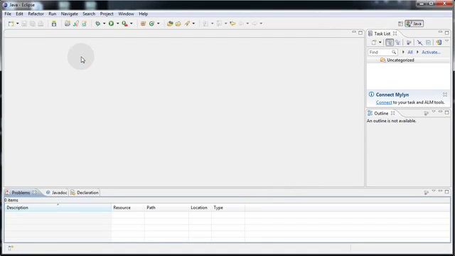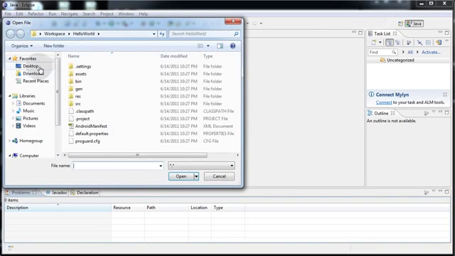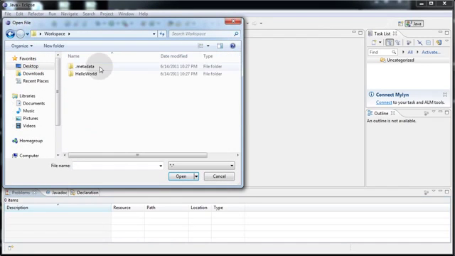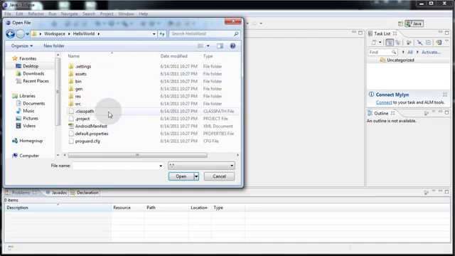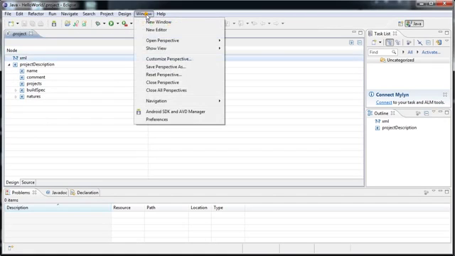Now at any point, if you happen to close Eclipse, or you close that little welcome tab with the little X on the welcome screen, and you don't see your project behind it, you can just go to File, Open File, and go to your desktop where you had the workspace folder. Click Hello World, or whatever application package you're creating, and the .project file is the one you want to open. And if yours happens to look like mine and you want to see the Project Explorer window on the left here, you can go to Window, Show View,